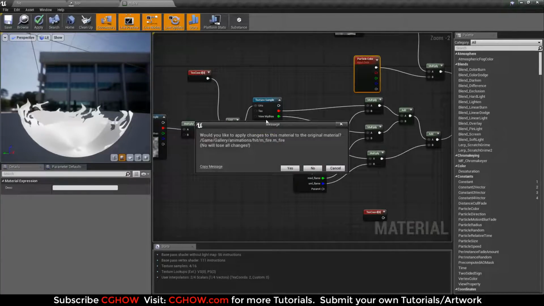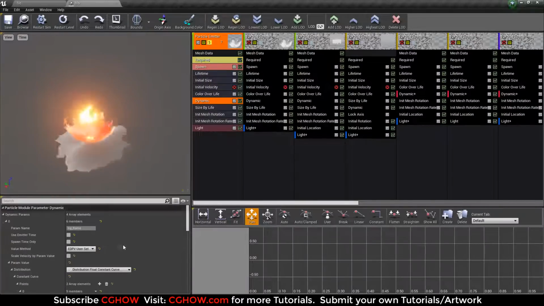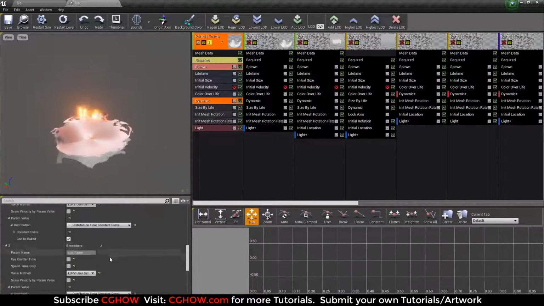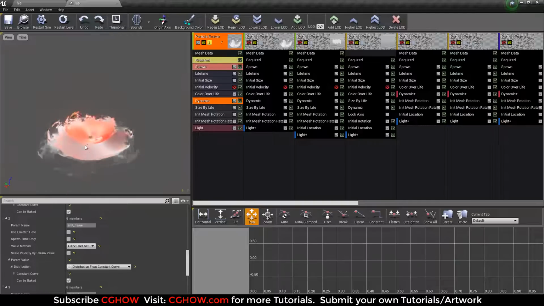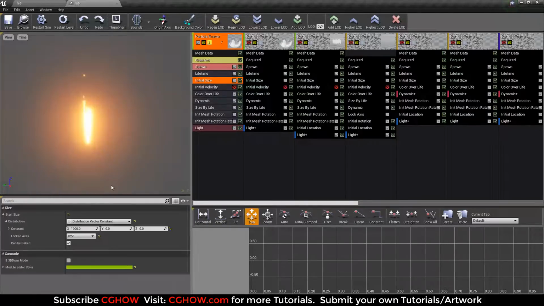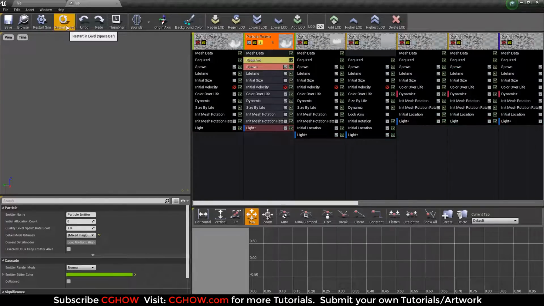So you can see here in the dynamic parameter I have large flame, medium flame and small flame, all separated, so I can control them here. Okay, so just go back to the original scale 200, then second emitter,